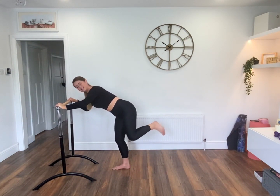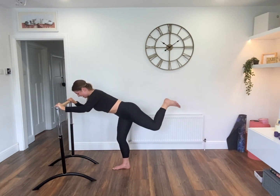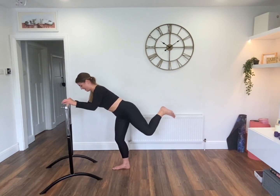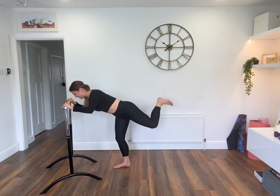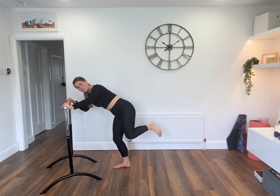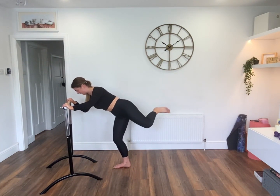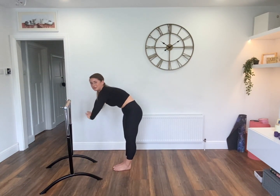Last 1, pulses to finish, then we're over to the other side, pulse it up here for 12, 11, 10, 9, 8, 7, 6, 5, 4, 3, 2, bring the knees in, open to the side, pulse it for 12, 11, 10, 9, 8, 7, 6, 5, 4, 3, 2, 1, knees together, or just have a little curve through